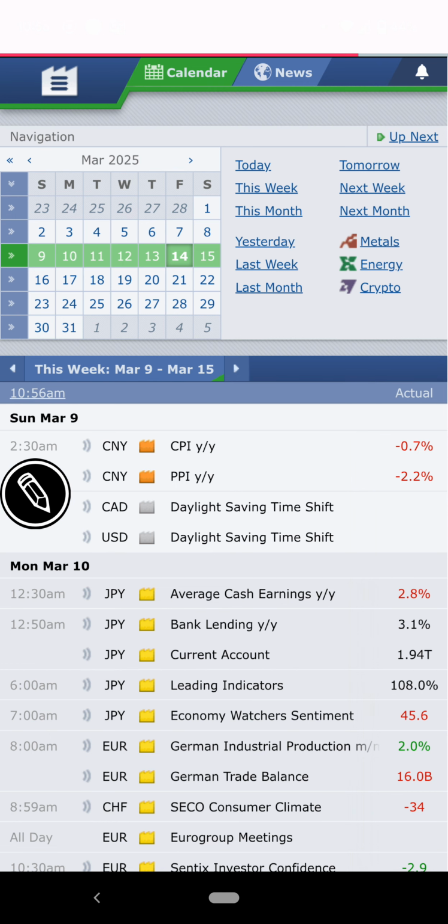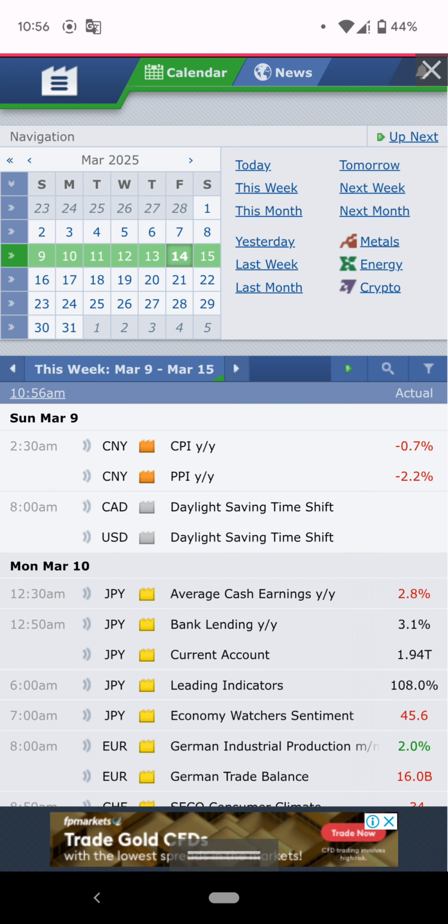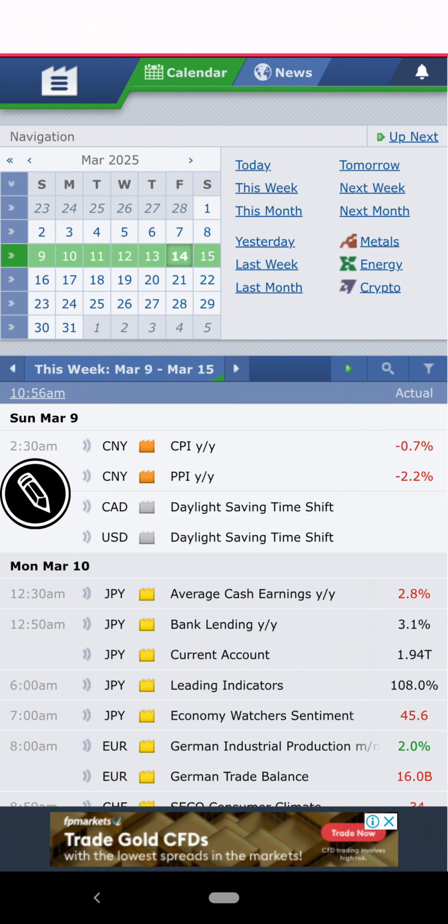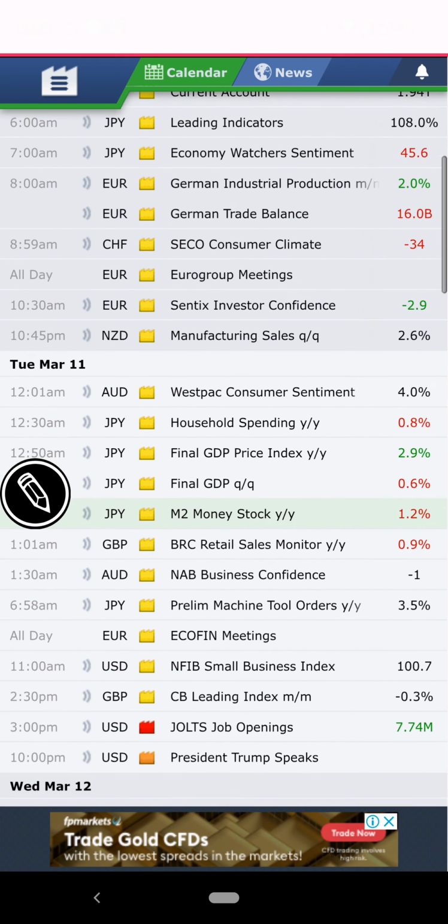Okay, now if you come to this calendar and your calendar is wrong, it means that probably you haven't updated your time, your date, and your month. So you need to go and do that. Then you can start navigating activities, right? You can come here to navigate past events. Maybe I want to look at a news activity that passed last month, right? I can look at it from last month, and I can choose the date, and I can be able to look at the news activity that we had on that day